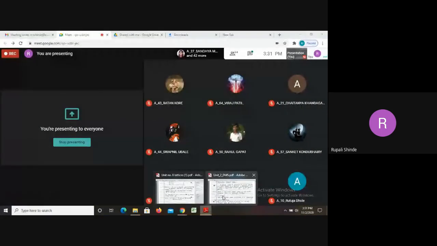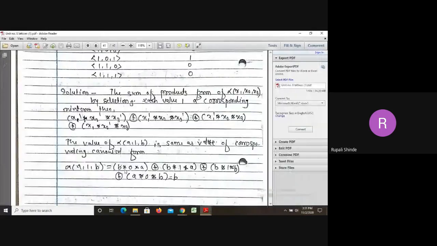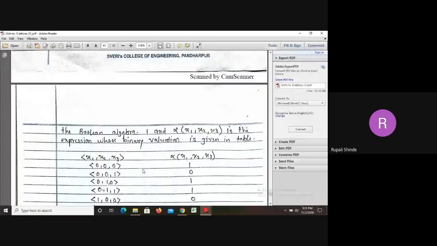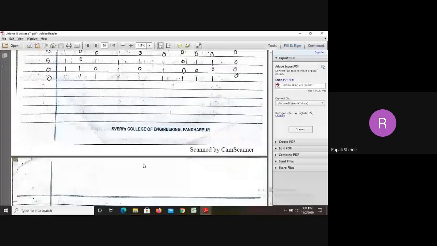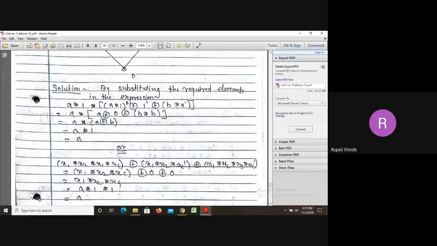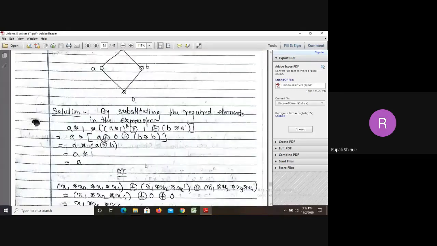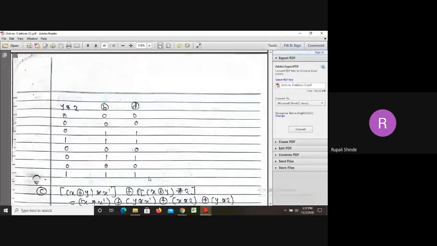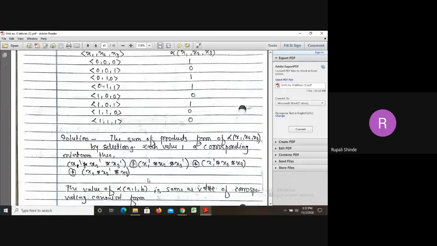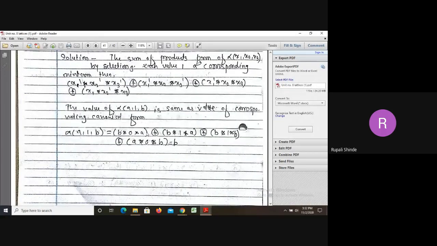So again, we can simplify this one. B star 0 star A. From this diagram, we can simplify it. So check here. B star 0 means what? The greatest lower bound of B and 0. So what is the answer? 0. Okay. So again we have to take its star operation with A. That is given here, B star 0 star A.